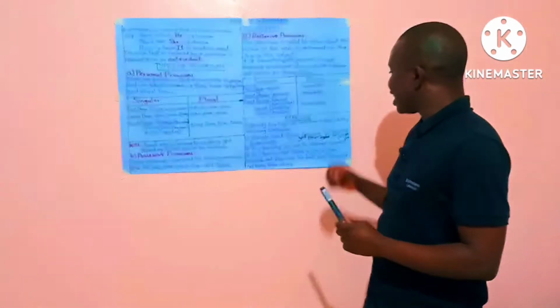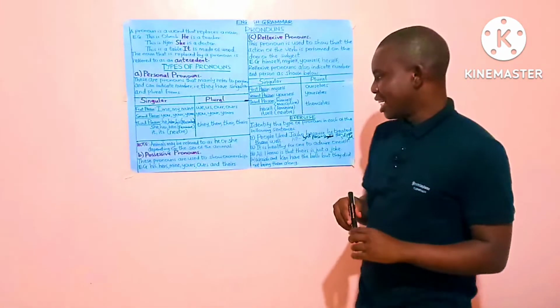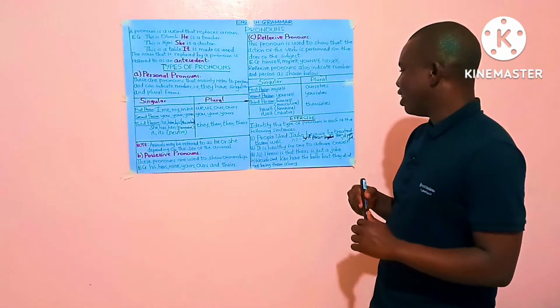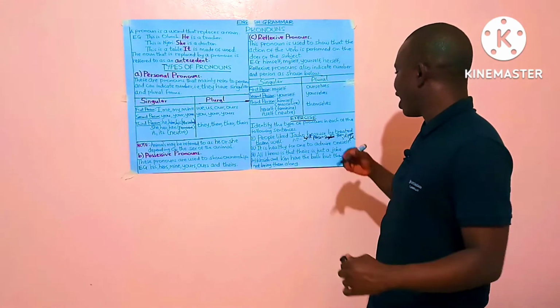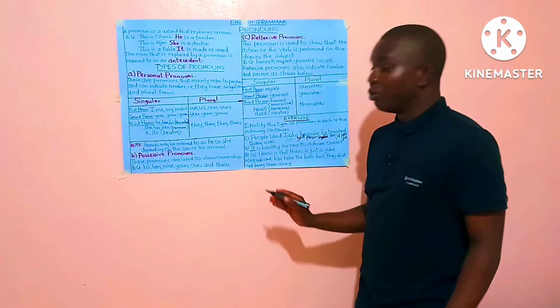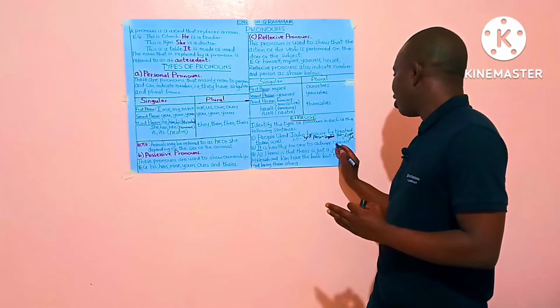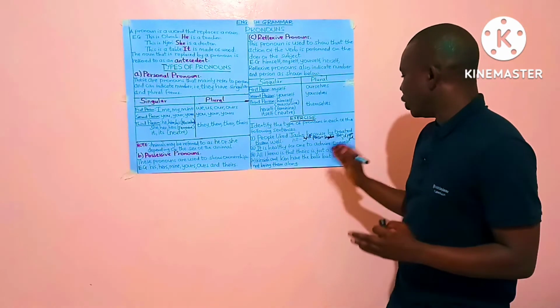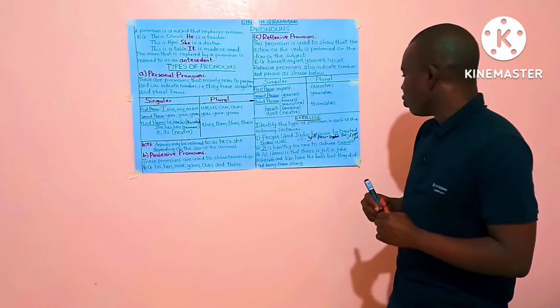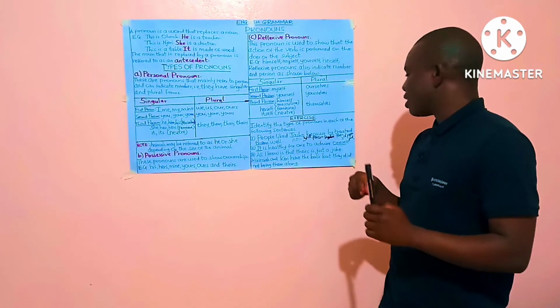Number 2: it is healthy for one to admire oneself. So we have the pronoun it, which is also the third person singular, and oneself, which is also the third person